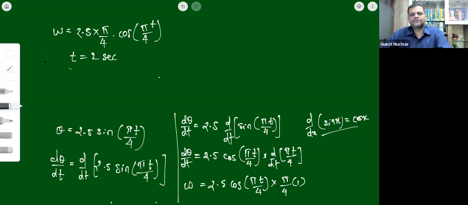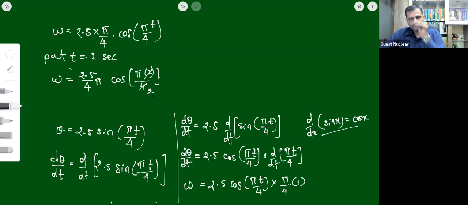So 2 seconds यहाँ पे डाल दो. We have to put this t equal to 2 here in this formula so that we get this angular velocity omega to be simply equal to 2.5 by 4 pi into cos of, this is pi into 2 upon 4. ओके क्या किया हमने, इधर जिधर भी t दिख रहा है तो उसके बदले हमने 2 डाल दिया, राइट? यस. सो अभी इसमें ये 2 जो है वो कैंसिल हो जाएगा इस 4 के साथ और नीचे 2 बचेगा, जिससे हमको मिलने वाला है omega is equal to 2.5 by 4 into pi into cos of